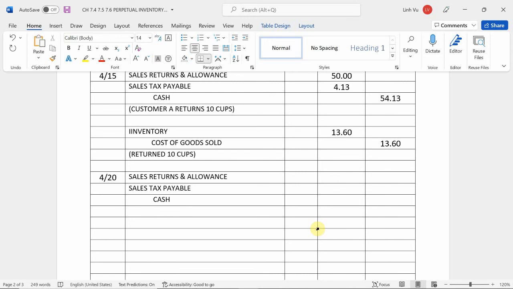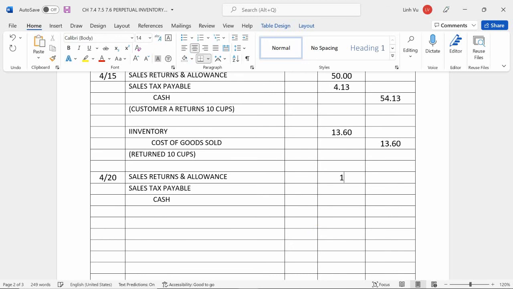No. So 25 times 5 is 125, right? That's the full price of the refund. But I can't give them back the whole refund because he was willing to accept only 15% of that money back. So in this case, I need to multiply it by my 15%,